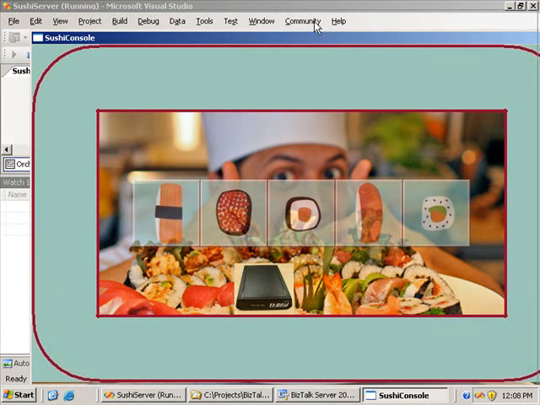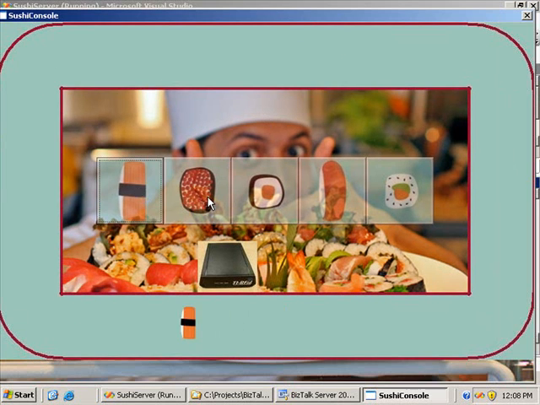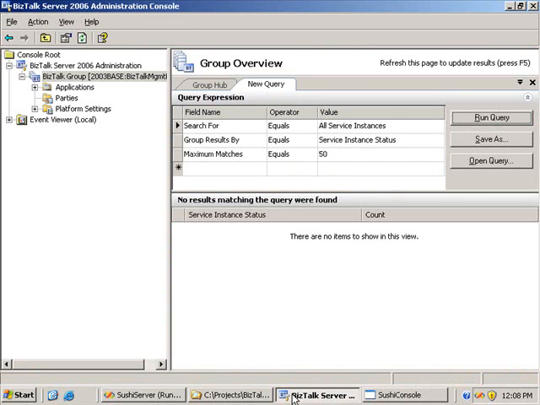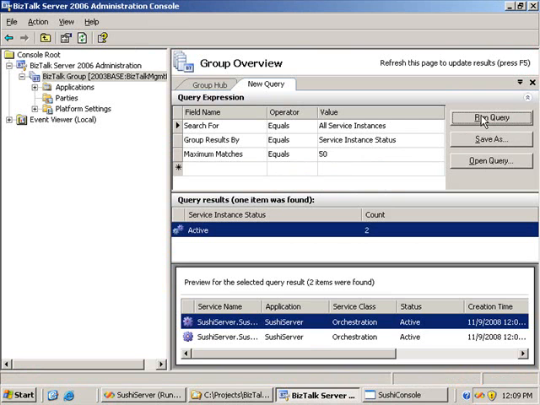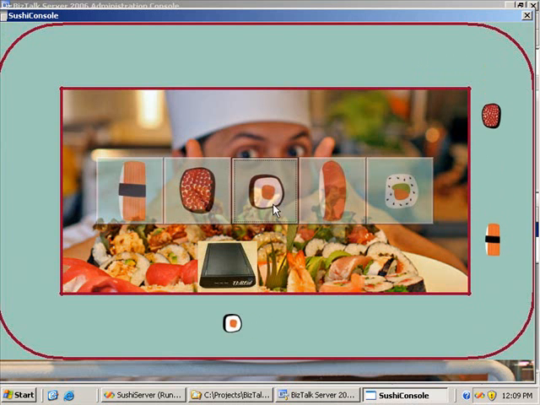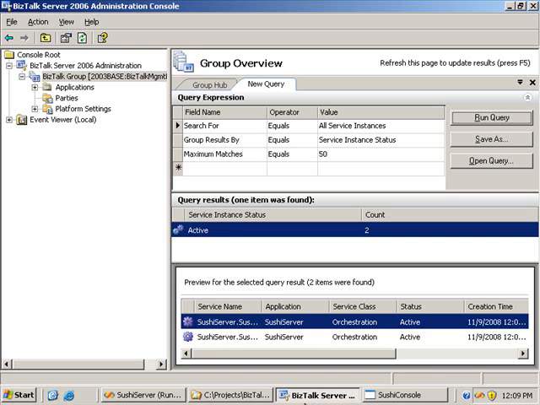So this is the application that I've built. As I click on the bits of sushi, they start going around on the conveyor belt, and we can see them appearing in the Group Hub query page. I'm querying here, and we've got two active orchestrations. If I place on another piece of sushi here and go in here and just do a query, 3 active